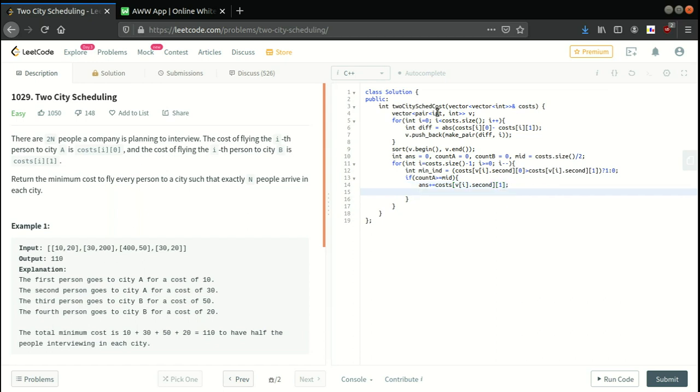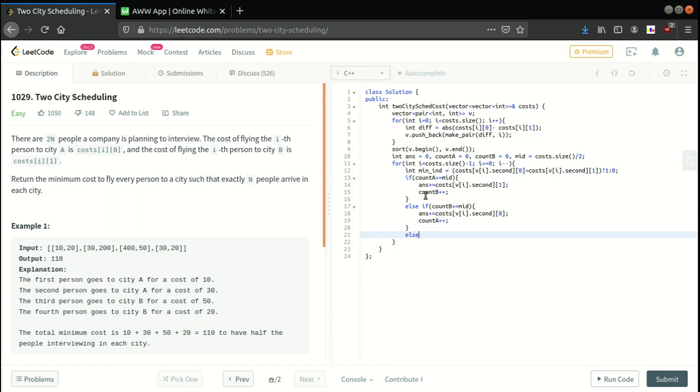Okay, and we will increment countB, and same for else if countB is greater than this. So what we are going to do is go to city 0 and increment countA.